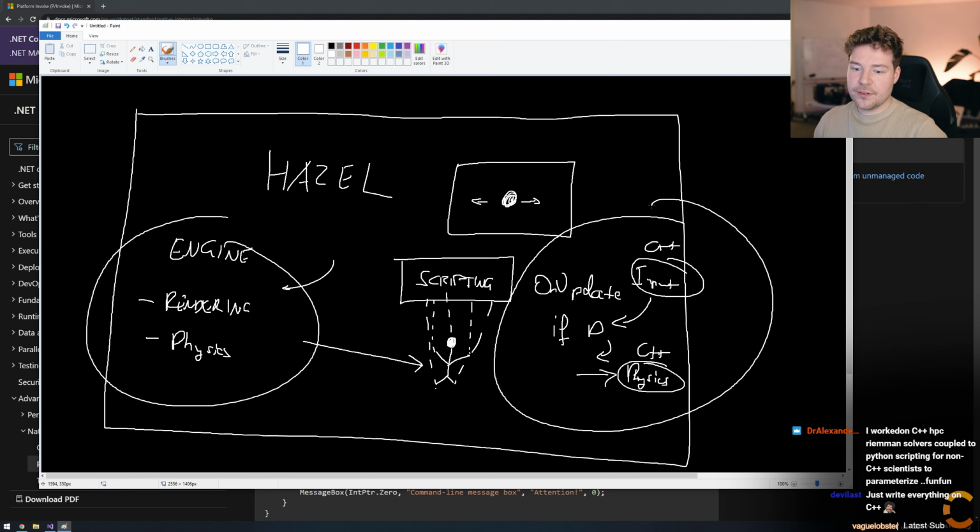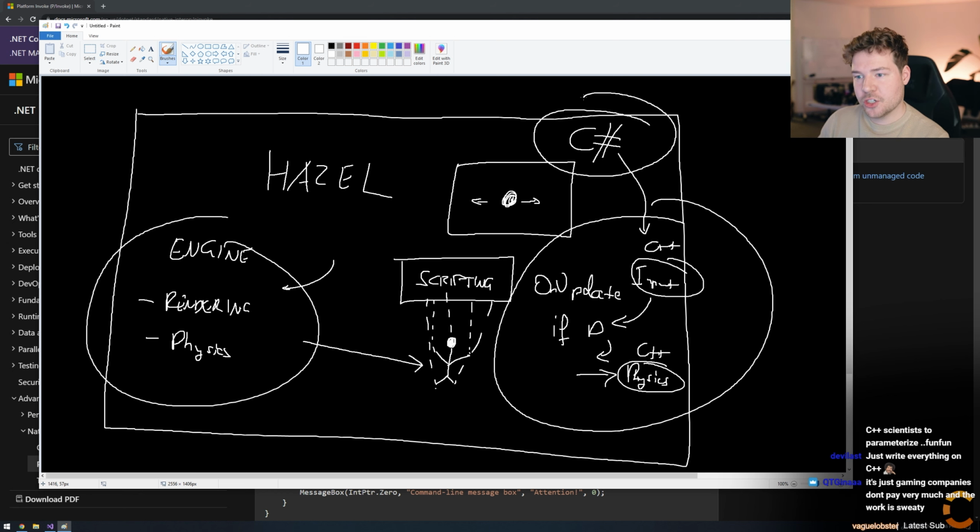And because of that, it's very popular for us to also want to build up some kind of metagame system inside the programming language. And this is really why I picked C# as the language for this. I don't really want to spend too much time talking about this today, but the reason why I picked C# for Hazel over something like Lua, which a lot of people mention, or Python, which a lot of people also mention, is ultimately because I think C# is a really good programming language.